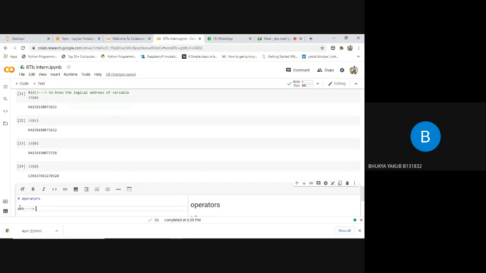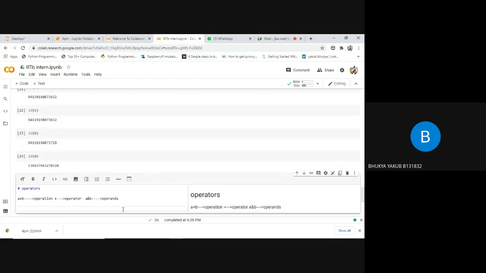So whatever symbol we are using between two values is said as an operator. So here this plus is said as the addition operator. In simple words, I am writing this as an operator. And here A and B are said as operands. And this entire thing is said as an operation. So here it is said as an addition operation. To perform this addition operation, we are using the plus symbol. It is said as the addition operator. And these variables or values which we are using are said as operands.